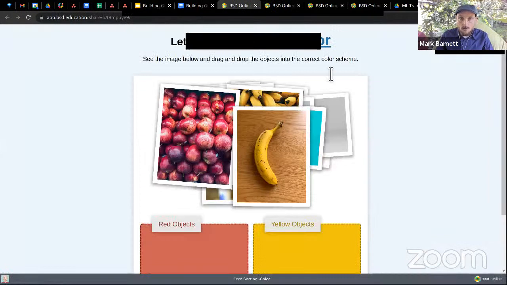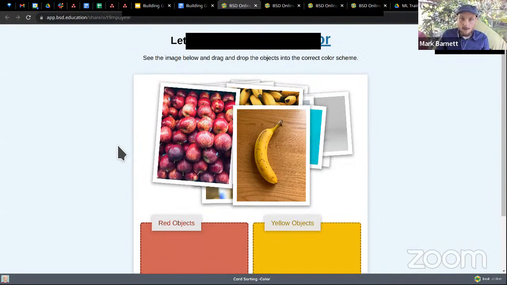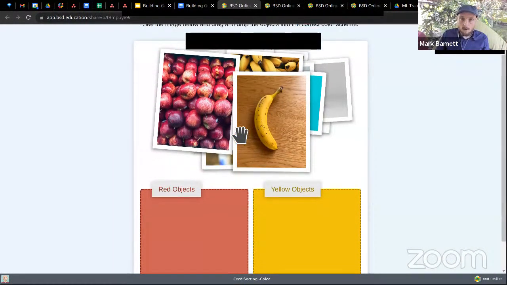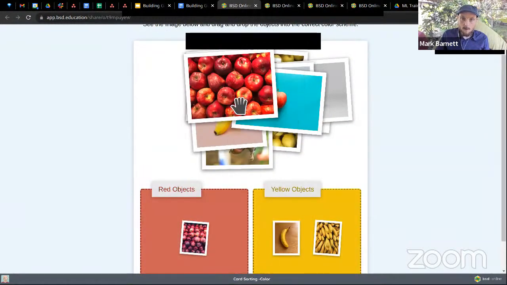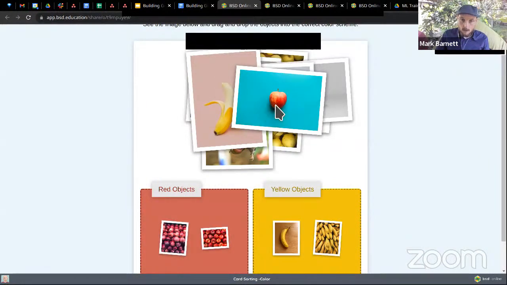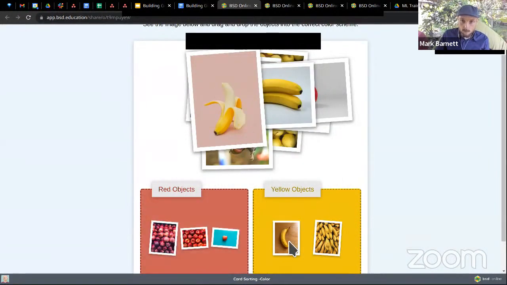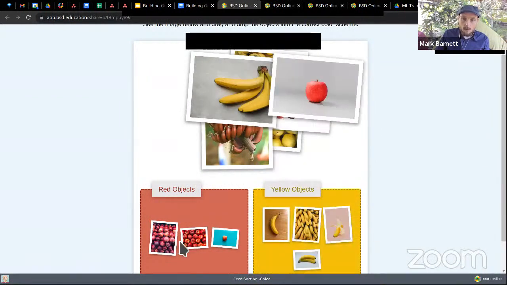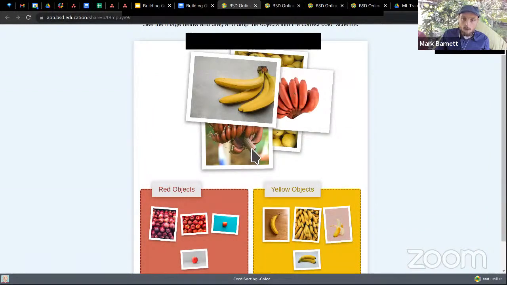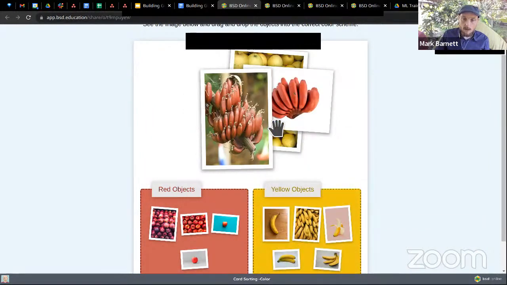This is the first one. So this first activity, all it's asking you to do is to sort the objects based on color. So at the top, you've got some cards, and at the bottom, you place the red objects and the yellow objects. Obviously anybody can sort the difference between apples and bananas. It doesn't take a genius to do that. But think about how many times in your life you have seen apples and bananas. Your brain has been trained your whole life to comprehend these. What are these things? Those are not yellow bananas.